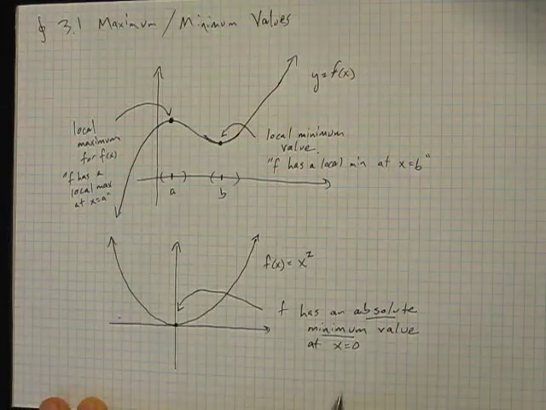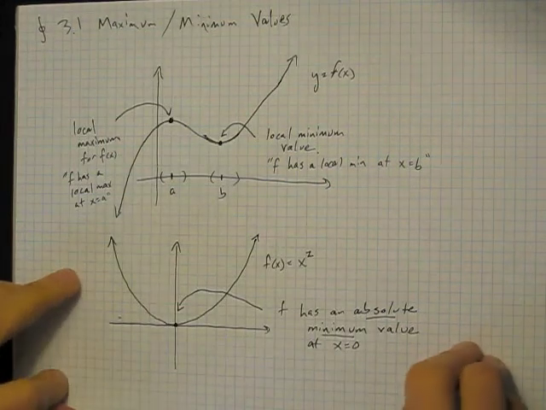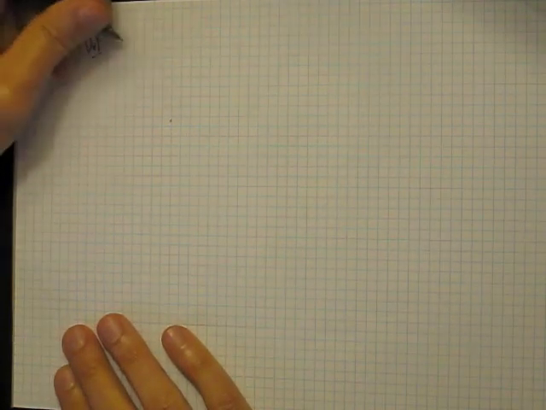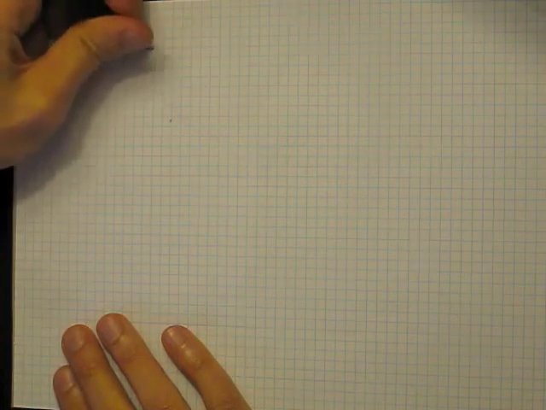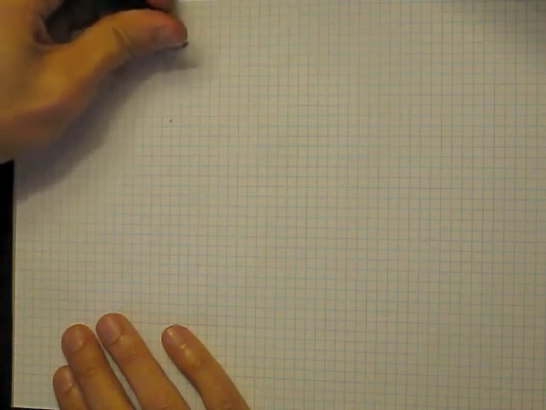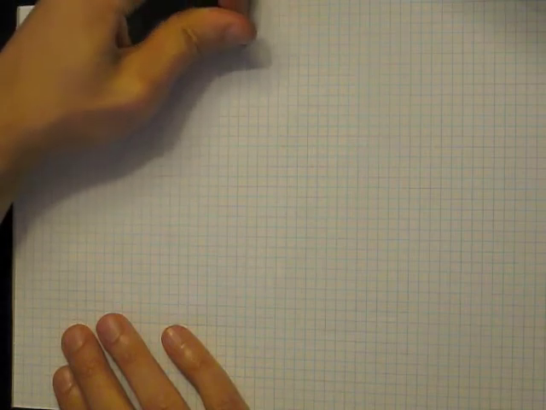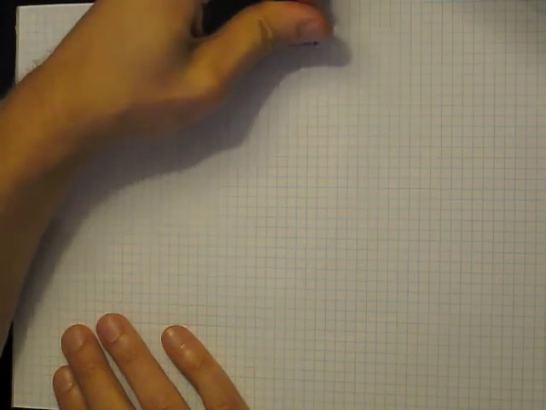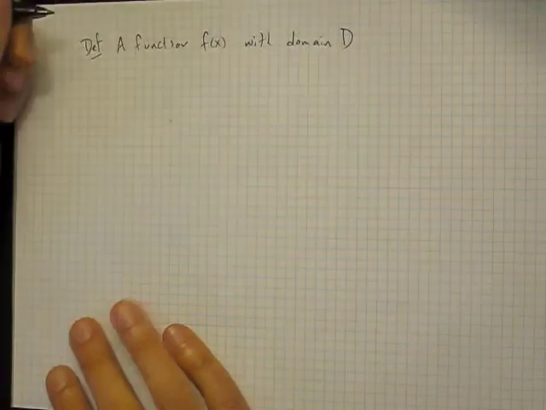Okay, so this is going to turn out to be our definition. So the definition is that a function f with domain D